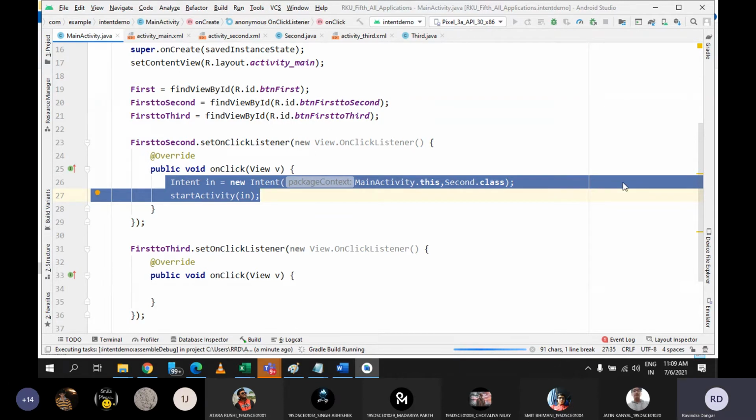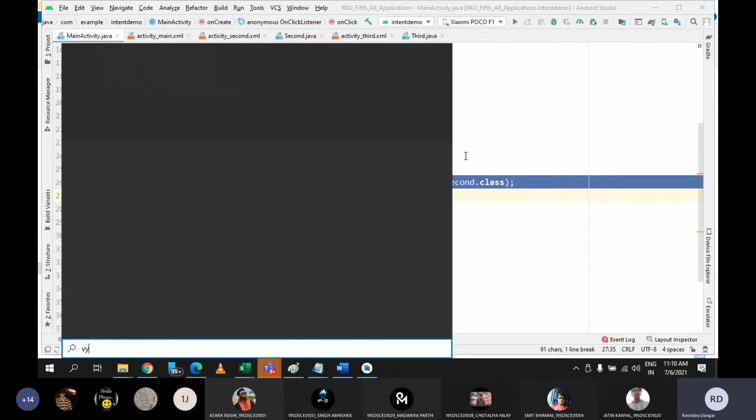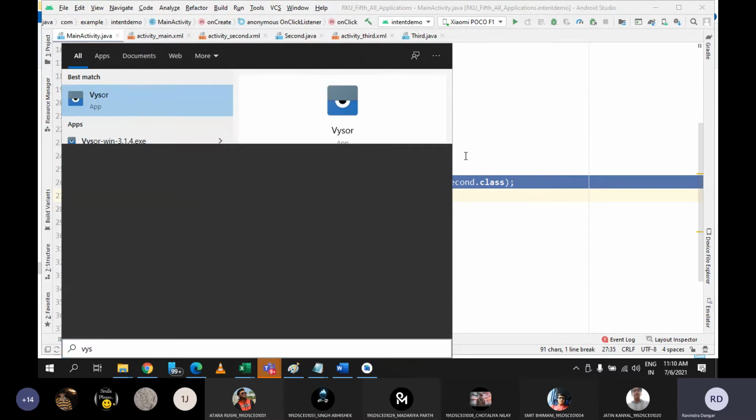I need to connect it. Wait for a minute. And now let me open the visor also so that I can show the output.